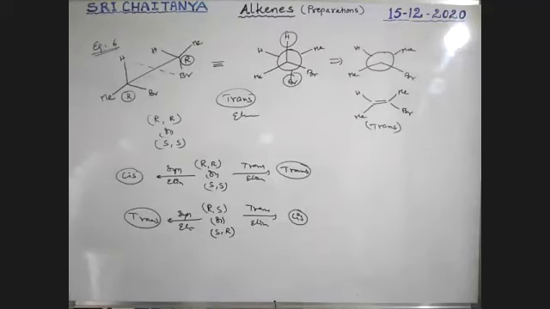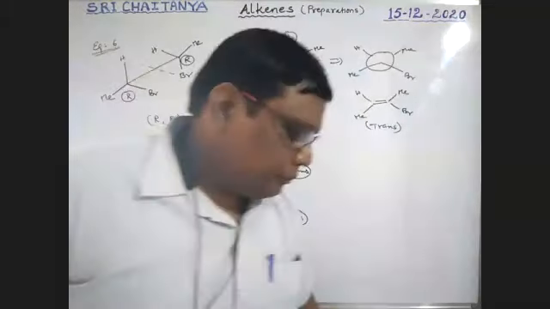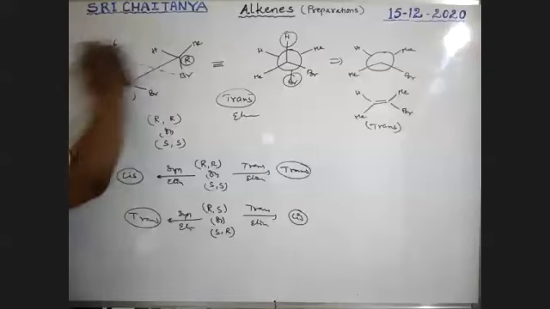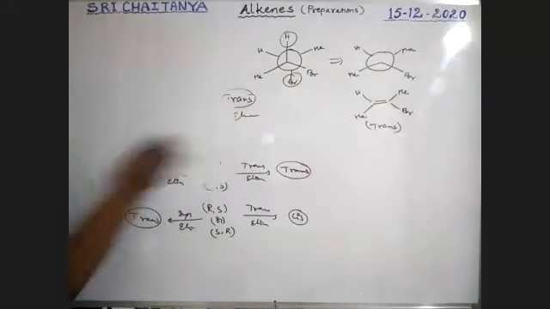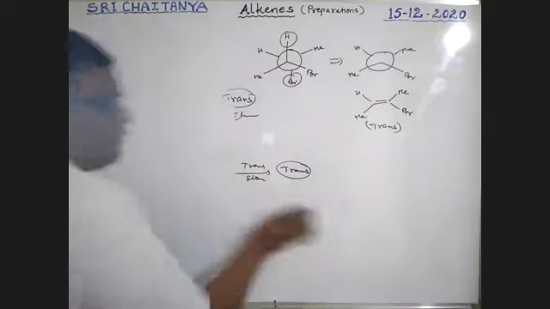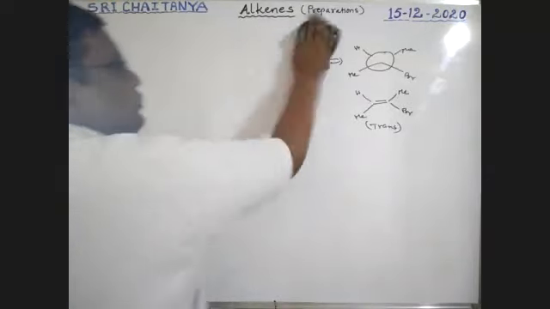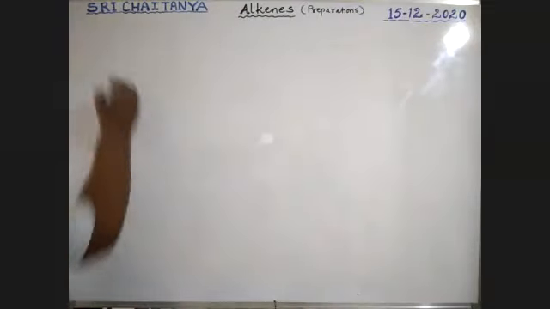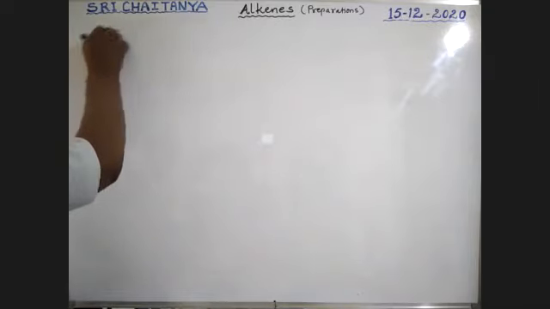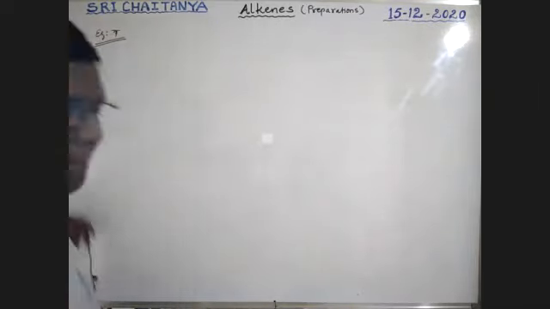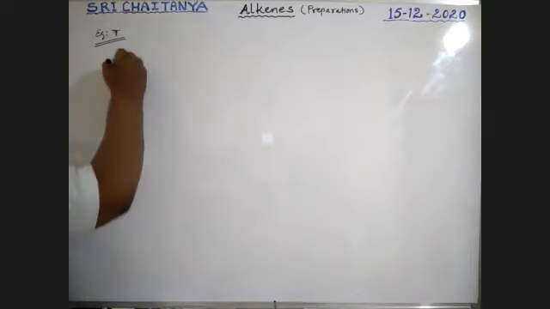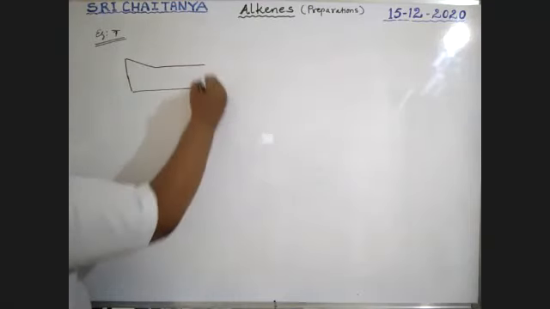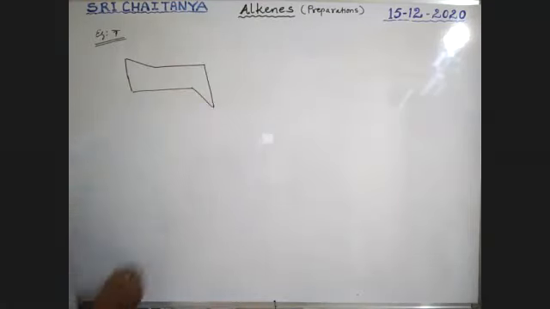Okay. Next one. Some more examples in the case of cyclohexanes. Those were open chain compounds, boys. Now we are going to discuss cyclic compounds, that is cyclohexane and substituents. Example 7. Listen carefully. It is a cyclohexane, boys.